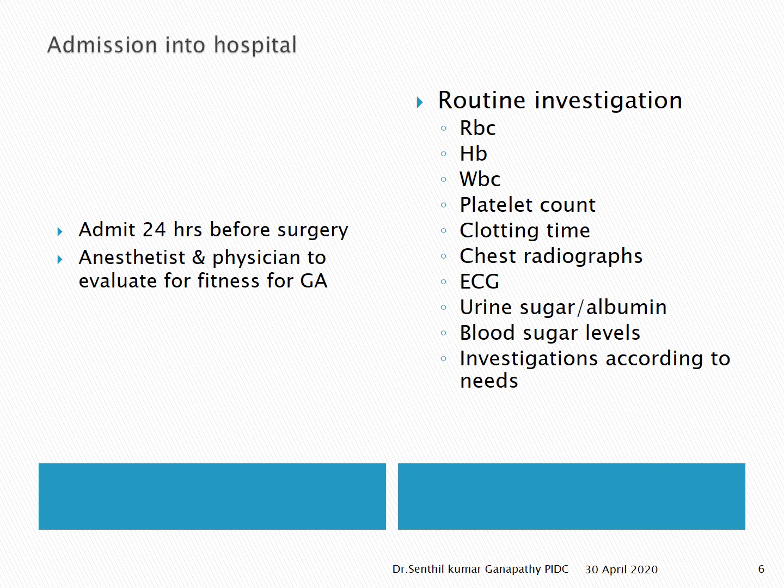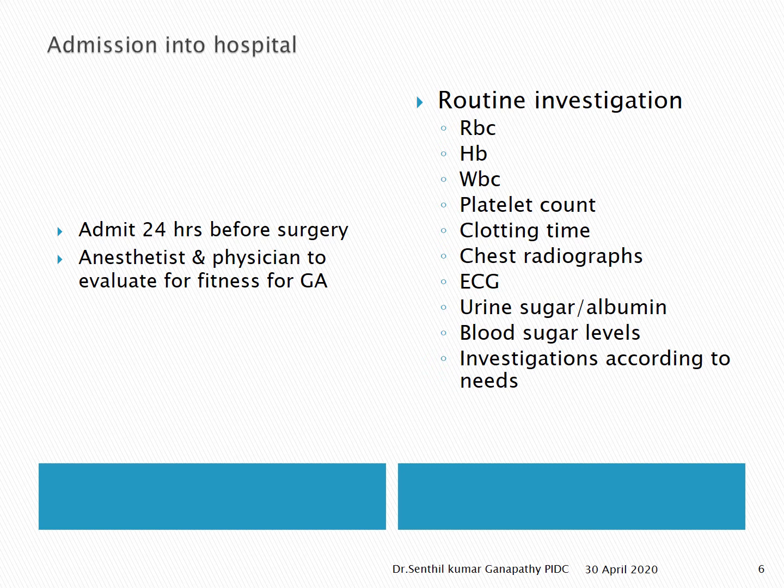To start with, the blood profile. They will ask for hemoglobin, packed cell volume, RBC count, and WBC, both total count and differential count, platelet count, and to check the coagulation of the patient. Most of the time they will ask for bleeding time and clotting time, but these days they ask for INR, International Normalized Ratio, and they will also ask for erythrocyte sedimentation rate, that is ESR. In cases of infection, ESR will be elevated.